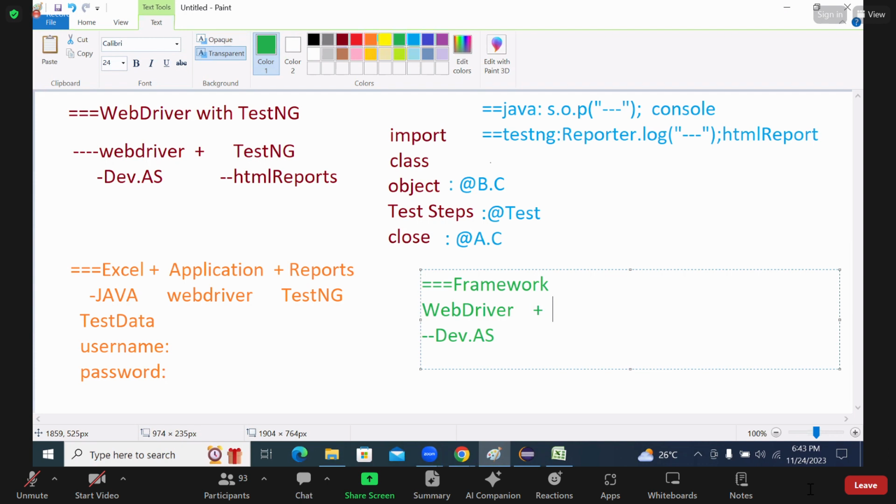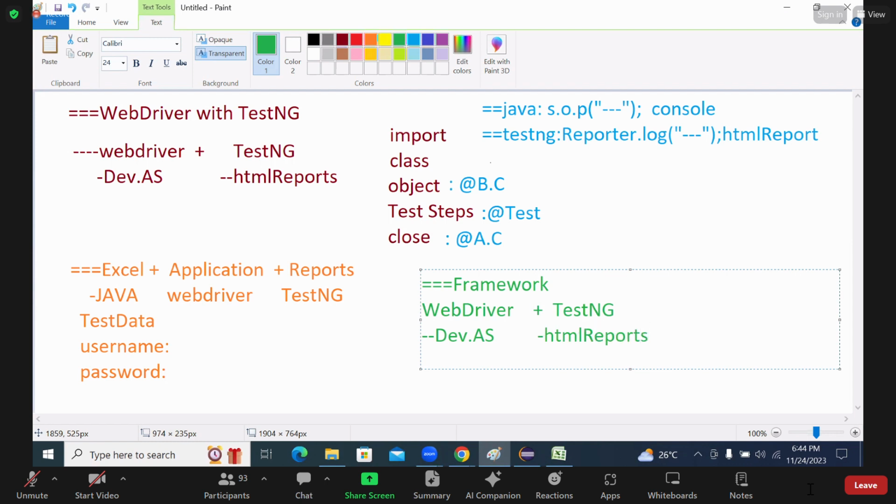See that. So if I'm taking this particular framework, we need to take care of that particular automation framework. We are not disturbing that. In addition to that, we need to implement one more feature. What is it? TestNG. So we need to take care of implementing the feature with TestNG. If we implement TestNG, what is the use of TestNG? To generate